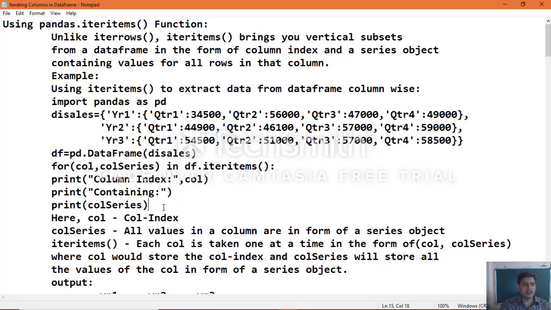Now we'll start with the pandas iteritems function, the function we will be using within the pandas module.